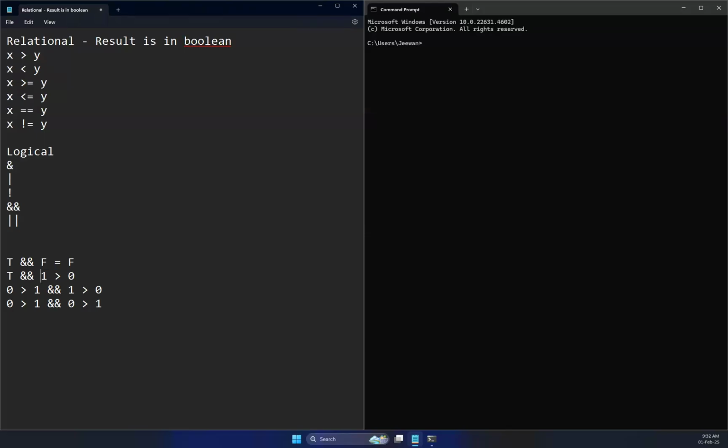Then 1 is greater than 0, true. Now, since this is true, the answer becomes true. The third scenario: 0 greater than 1 is false. Now it is false. So, no matter what you have here, the result would be false because we